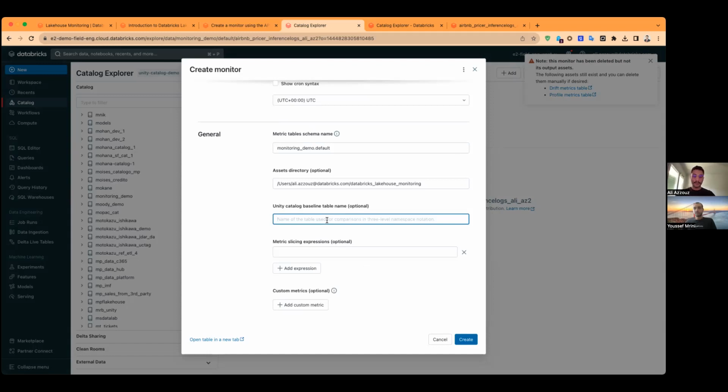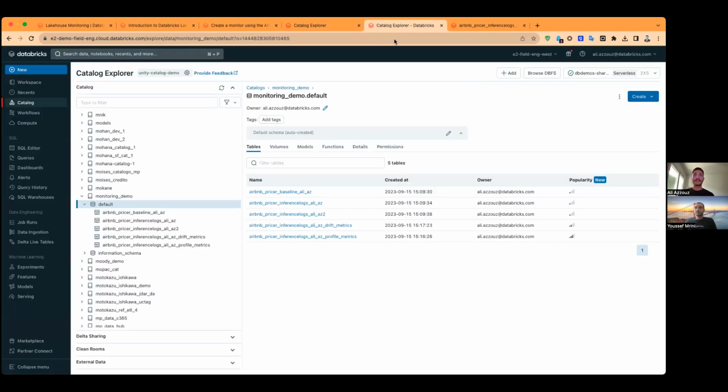We will just put the table name, which is monitoring demo table default dot Airbnb pricer baseline. And then we can click on create. Usually it takes some minutes, but I ran it a few minutes ago for the demo. Let's click on this. And so as a result, once the monitoring is created, we have